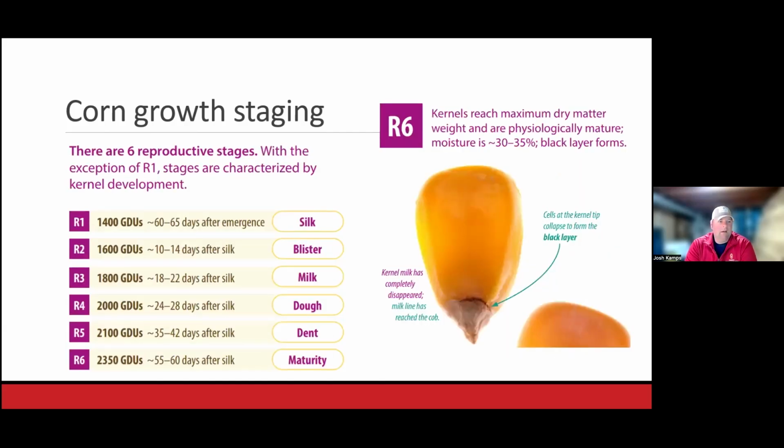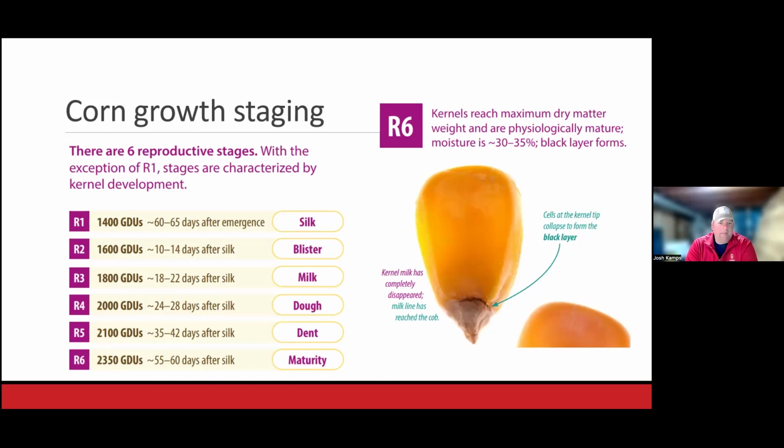Okay, finishing up on corn, the six reproductive stages. I think it's interesting that once we hit that silking or we hit that tassel timing, we really can start to predict when that crop is going to be at maturity. So I think it's important as you're scouting those fields to kind of mark some of those timings down in case the grower has questions